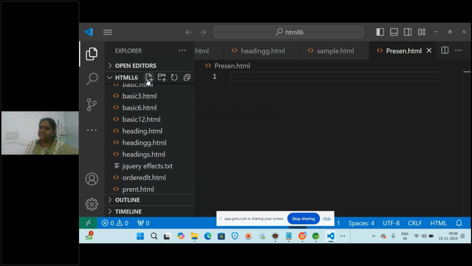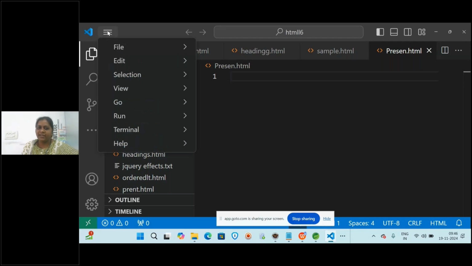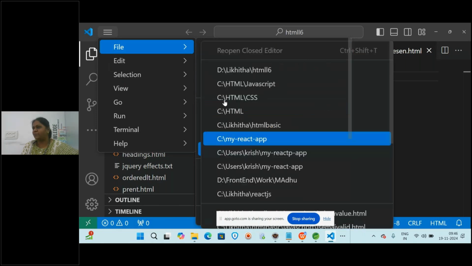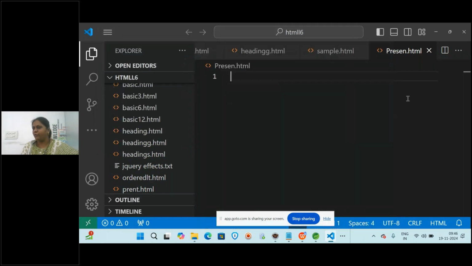If you want to create a new file, you can also create it. Can you see this plus symbol? This is for a new file. And ma'am, I don't want this folder, I want to create a new folder. Then you click on this symbol, it will create a new folder. Or you can go here and create a file or new folder, whatever you want. You have options, same as in Notepad.